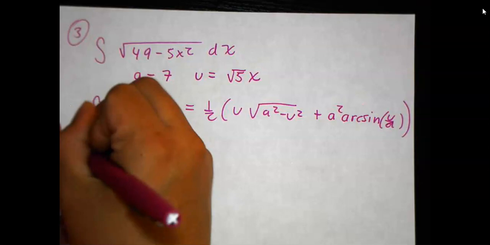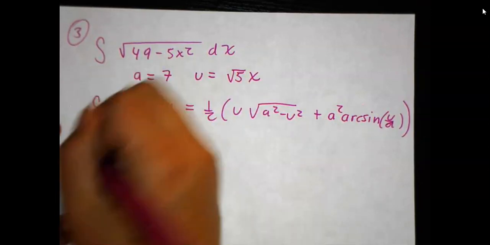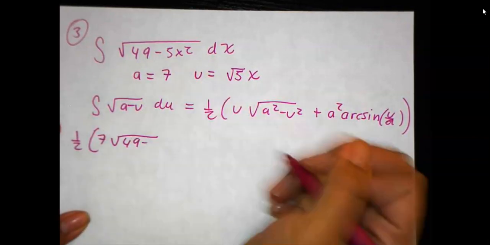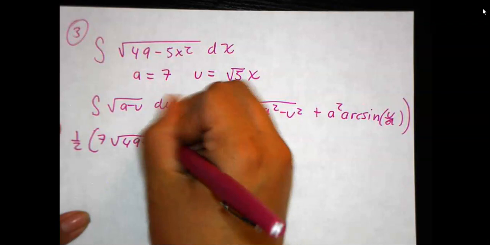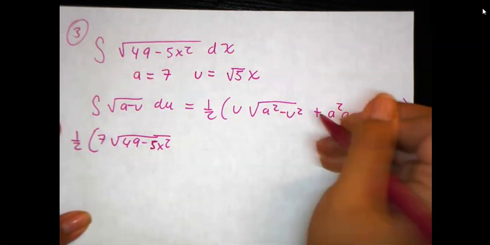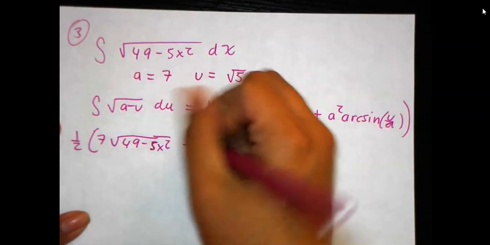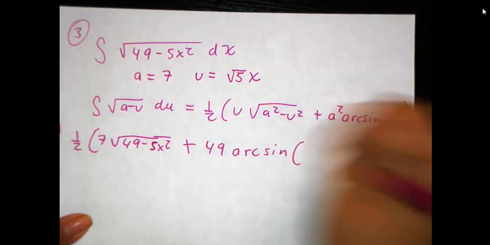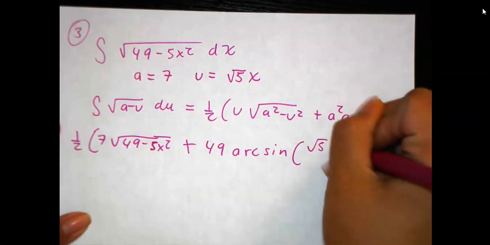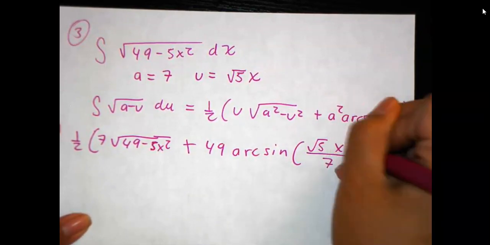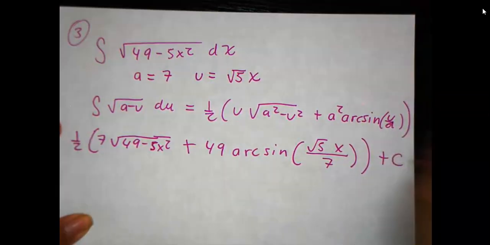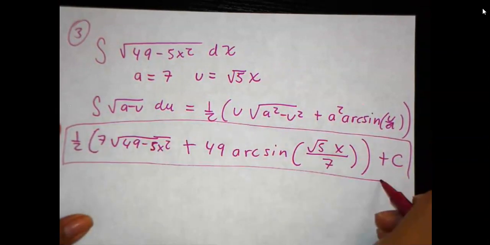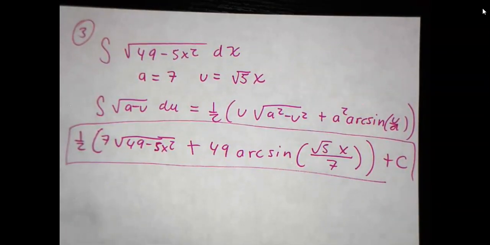So pretty much just substituting it. It's going to be 1/2. U is 7, times the square root of 49 minus 5x squared, plus a squared. A is 7, so 7 squared is 49, times arc sine of u over a. Again, just identifying what's a, identifying what's u, and substituting into the formula. Okay, and that is